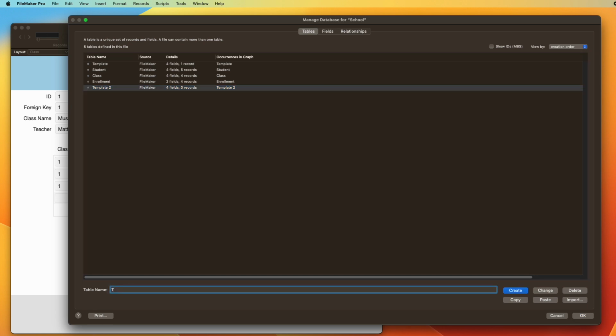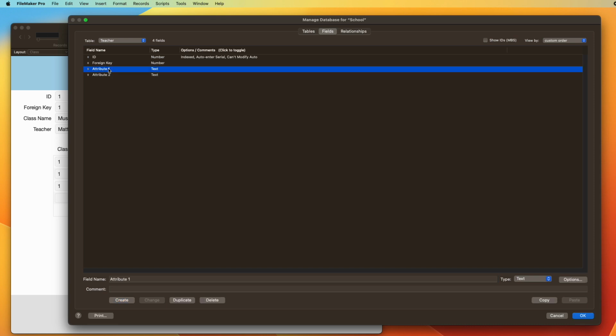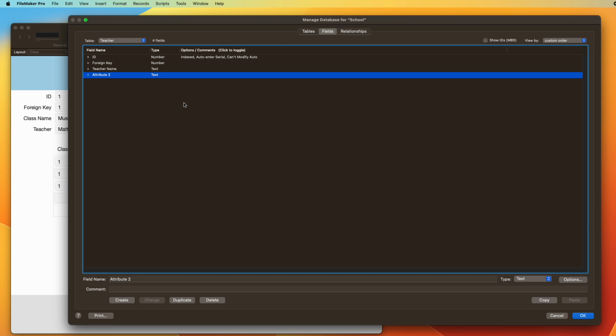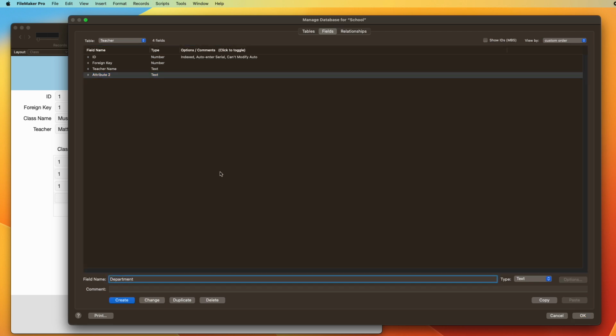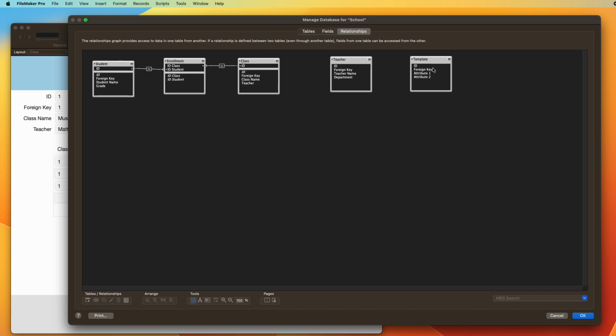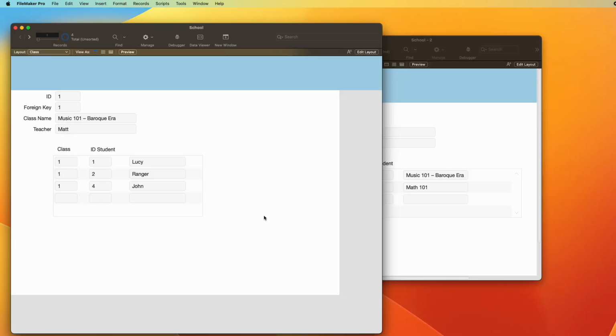I'm going to call this one teacher. Our attributes in teacher are going to be name, let's call it teacher name, and some other attribute for teacher department. Right, we may have obviously a lot more. So now we have our teacher name and department, and that will go just kind of hanging out here somewhere. We'll talk to that in a minute. So if we want to have,